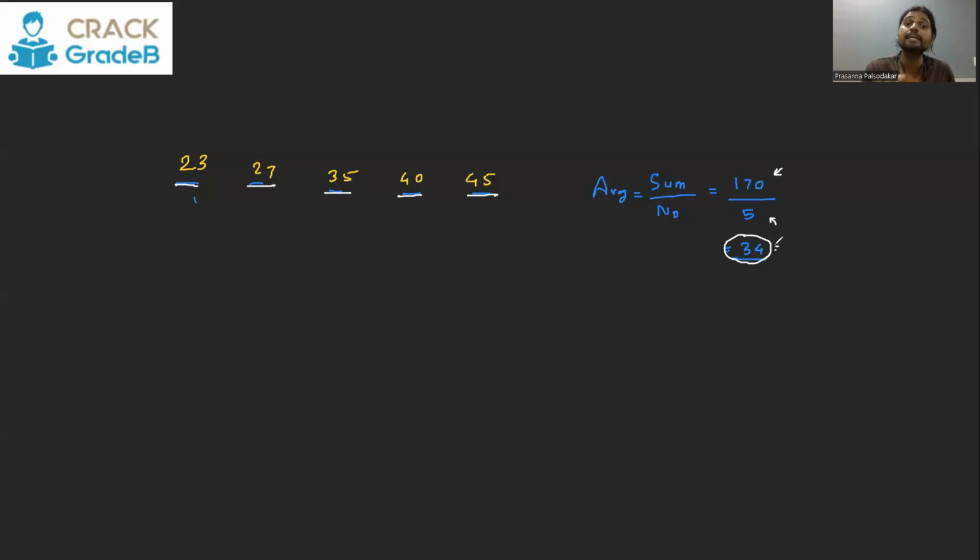Average is the equal distribution. So when you equally distribute, how much is everyone going to get. Now, if you understand this aspect of the average well, you can solve some of these questions with a little interesting practical approach rather than always going with the formula.